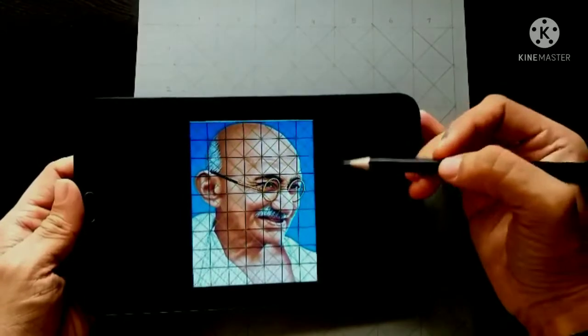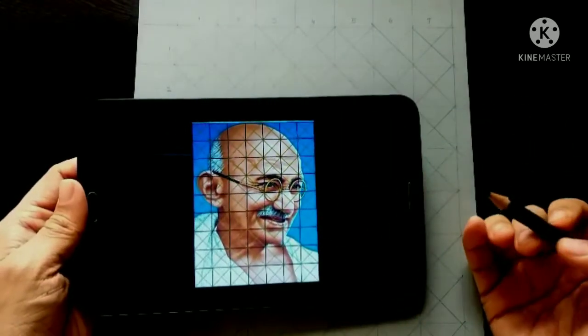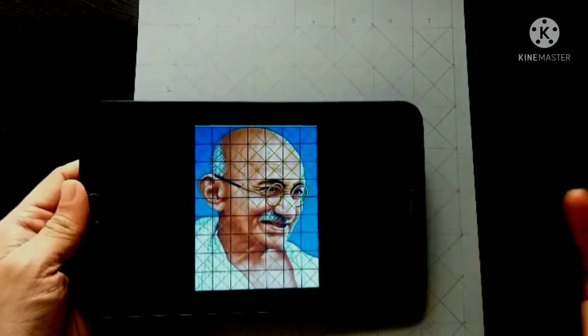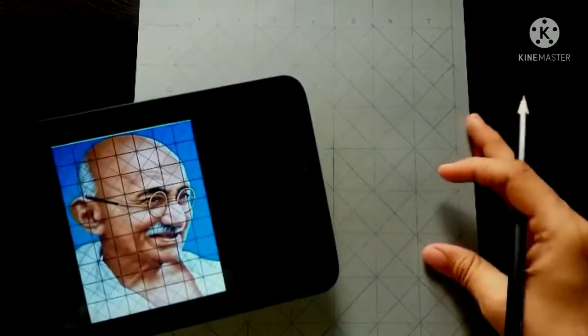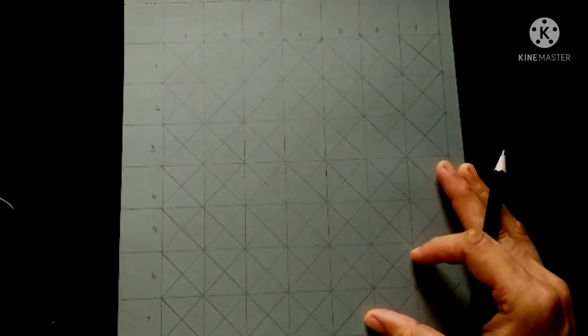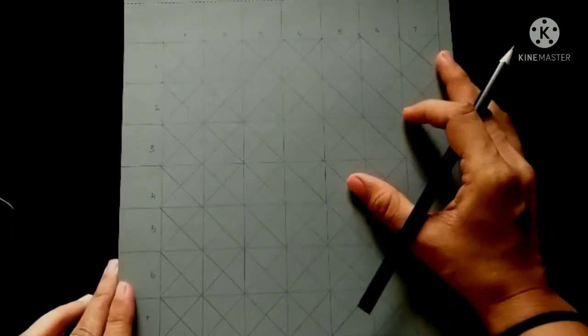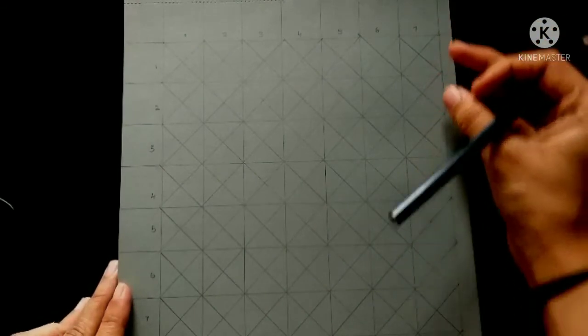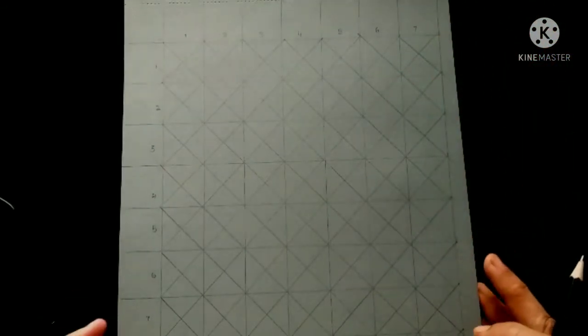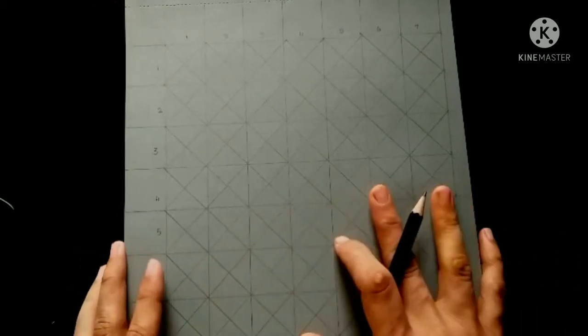You can even have diagonals in this image so that you can draw the eyes, nose and any minute details very easily. And here I have made a grid in my drawing book as well of the same square shape. All the grid should be in square shape of exactly 7 columns and 9 rows. Now let me show you how to draw the image looking into this grid.